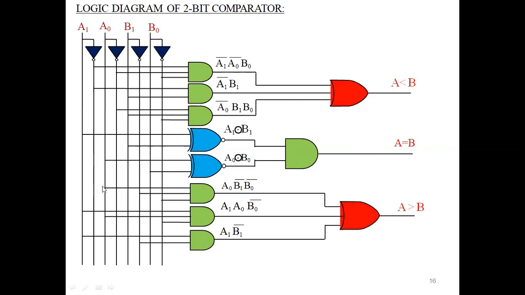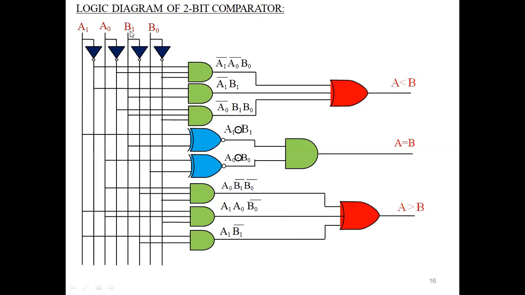And so apply that here also. A0 value 1. Here B1 complemented, that is 0. So 1 into 0, anything is 0. So here 0. And here A1 value is 1, A0 value is also 1, but B0 complemented, so here 0. So 1 into 0, here 0. And A1 and B1 dash. B1 is also 1, its complement is 0. So 1 into 0, 0. So all are zeros. We will get the inputs for this OR gate: 0 plus 0 plus 0. Here also 0.